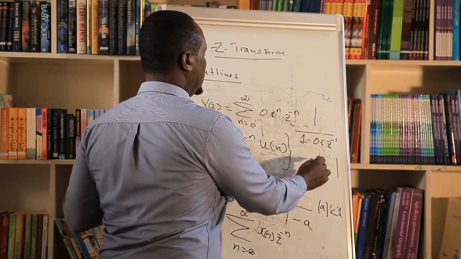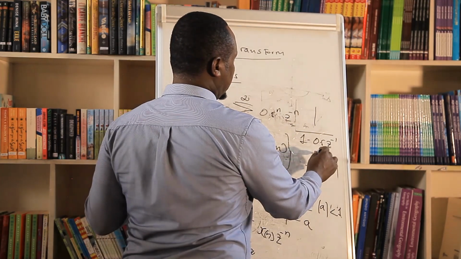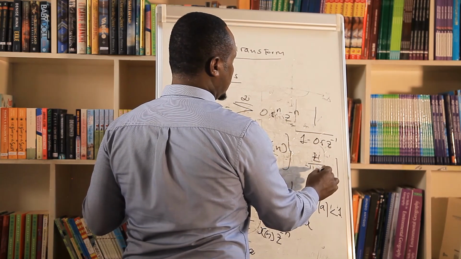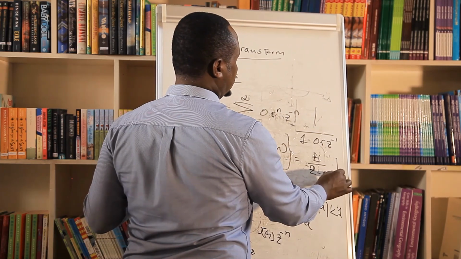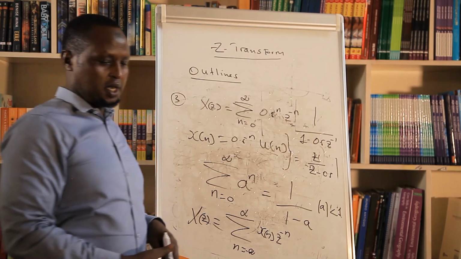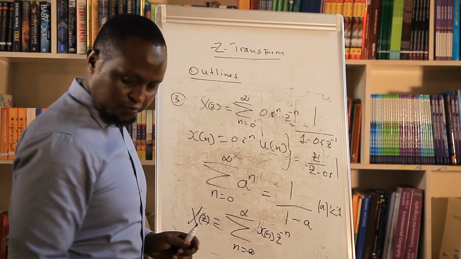If you multiply by z on all sides, it's going to be z over z minus 0.5, and here you can easily determine the poles and zeros. So if you can see